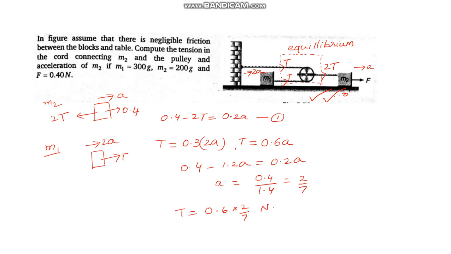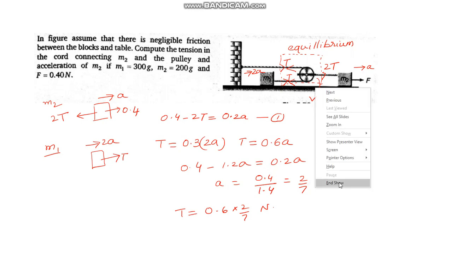So here the main point you have to observe is that the cord is getting bifurcated, and you need to draw the equilibrium situation, and accordingly you draw individual free body diagrams. If this whole system is taken together, then this free body diagram will actually be like this. But we are cutting it here. When I'm drawing this dot, it means I am cutting and bringing it here and seeing what is happening. Then we have to draw what all internal forces are there. Here tension is the internal force in the system. Okay, thank you.